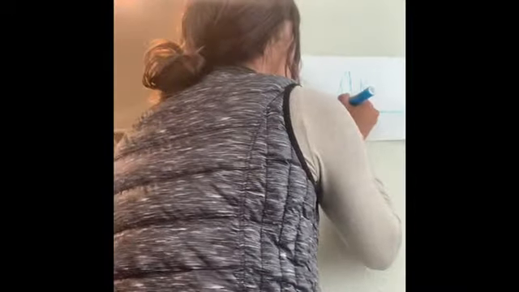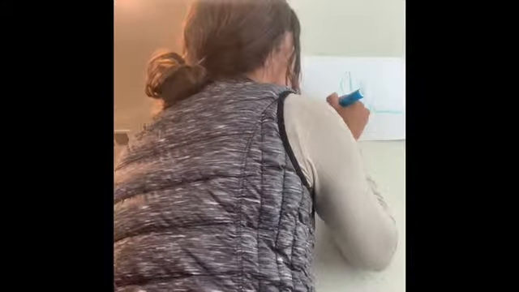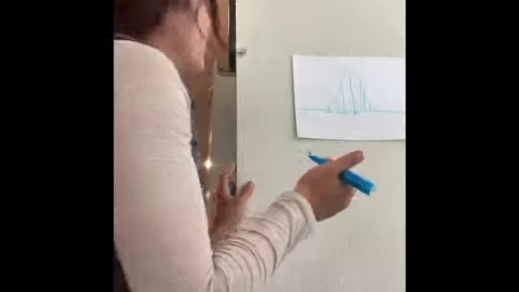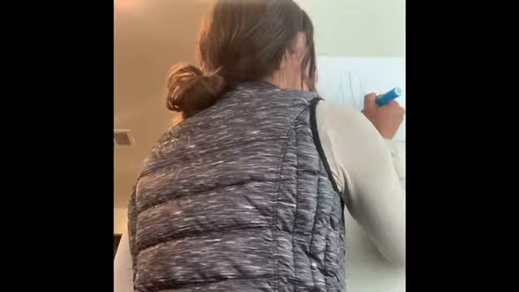So this line right here, this would be one standard deviation below the mean. This would be two standard deviations below the mean. And this would be three standard deviations below the mean. And the exact same goes for the other side, except it would be above. So this is one standard deviation above the mean, two standard deviations above the mean, and three standard deviations above the mean. So if you take that, and you look at it, then you will see that